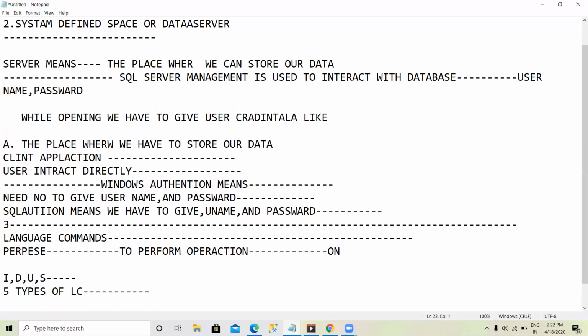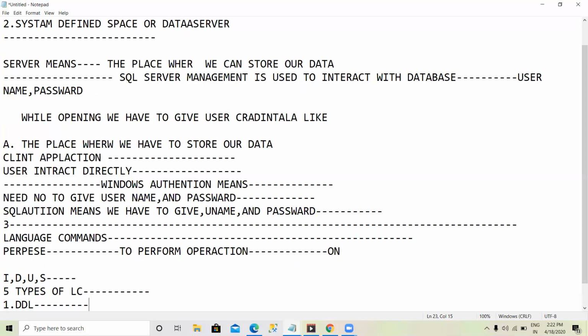Firstly we have to discuss the DDL commands. DDL means data definition language commands.